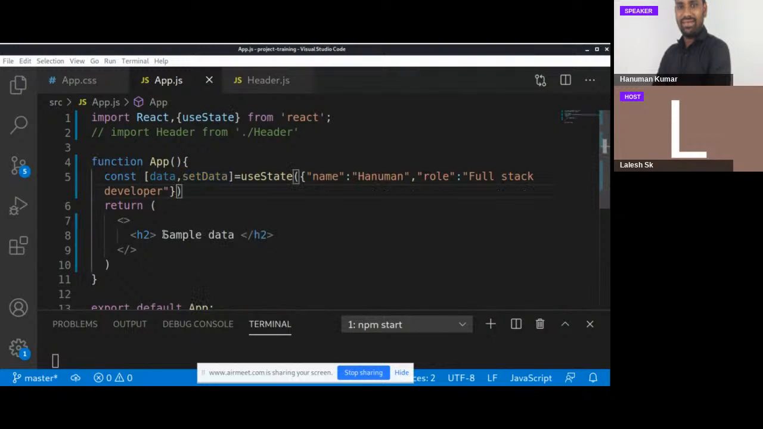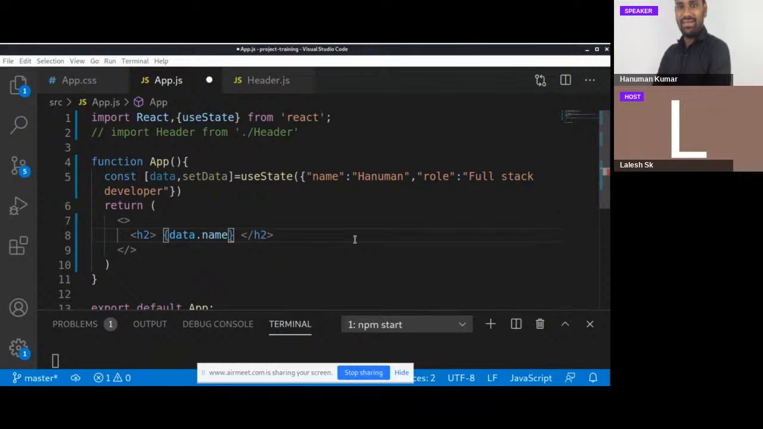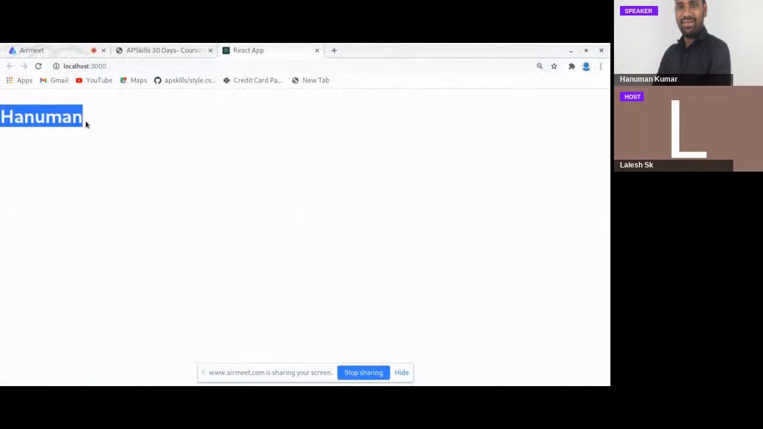Alright, so if you want to display the information from this data, what do we have to do? We have to use the binding statement along with data dot the key. The key is name here. And save this and execute in the browser. Now we are able to see Hanuman as the result. Very similar to this,